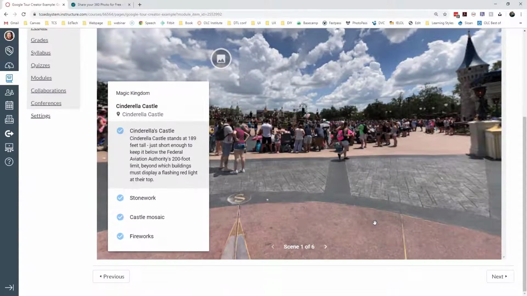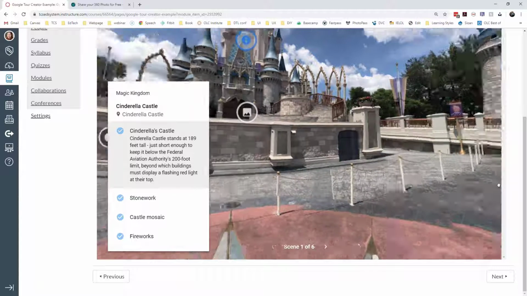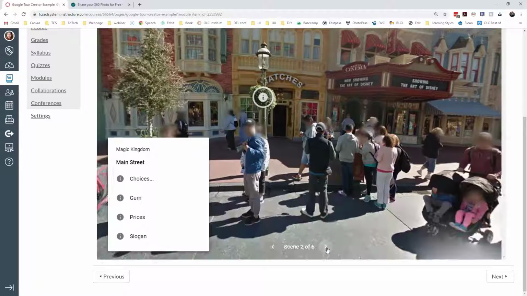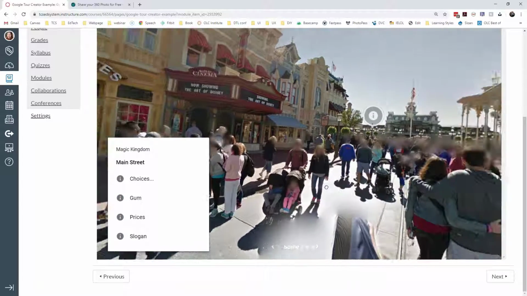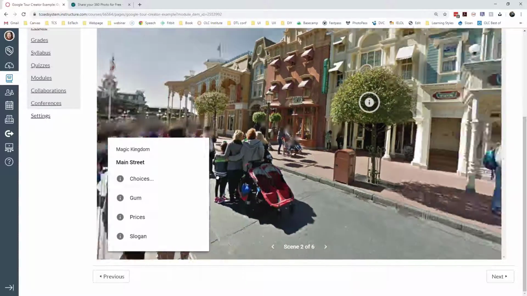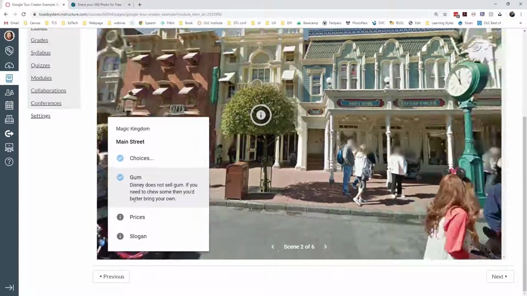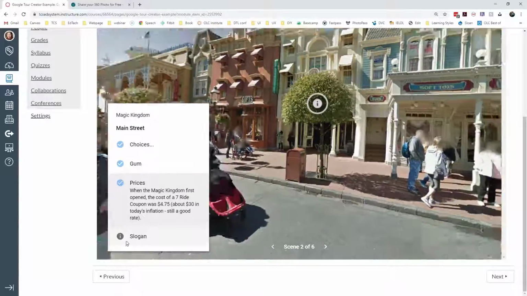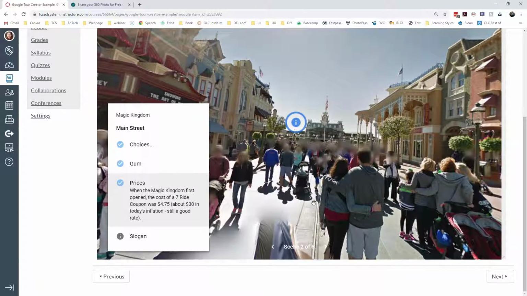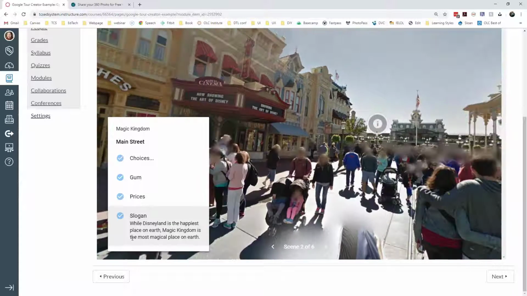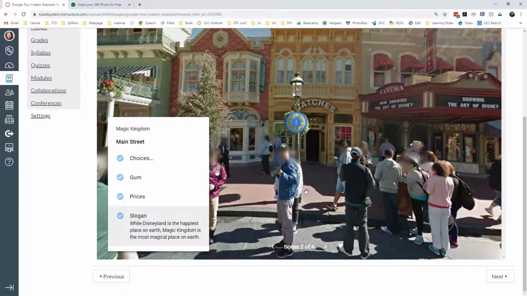And so this is basically Street View, and I created various scenes. So this first scene is at Cinderella's castle at Magic Kingdom. The second scene is at Main Street, USA, and I have various hotspots that I can look for, or I can just click through and see all the hotspots this way. Now, these aren't pictures that I took. These are pictures that I got from the Google Tour Creator platform. So other people had taken these, and they blurred the faces. And I can say, as a side note about that,